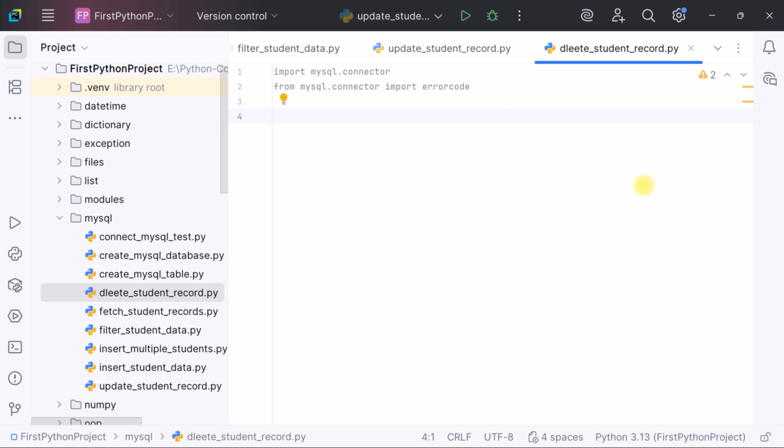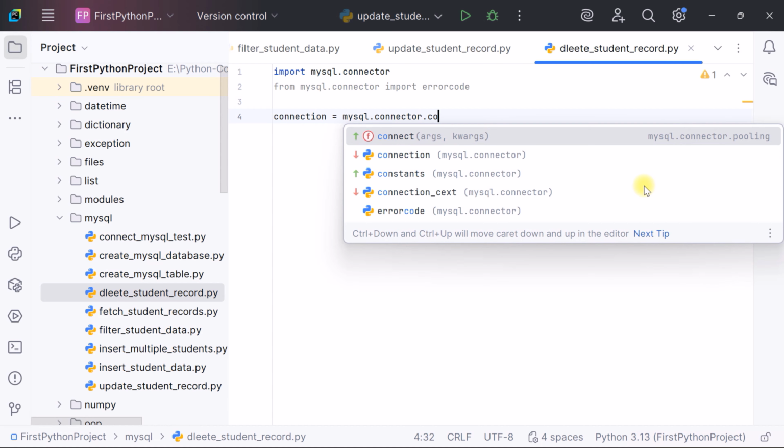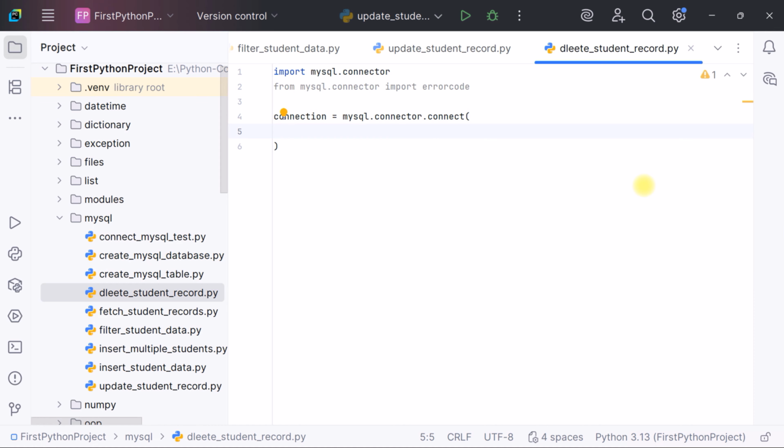Now let's create a connection to our database. We define a variable called connection and assign it to mysql.connector and call the connect method. Inside the parentheses, pass the parameters: host parameter equals value localhost, user parameter equals value root. Next, password parameter equals and give your MySQL password. Next, database parameter equals value student_management. Now we have provided the host as localhost, the user as root, the password as whatever you've set, and the target database as